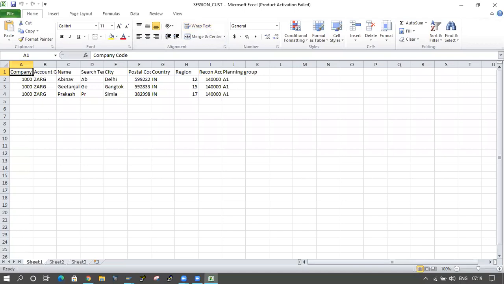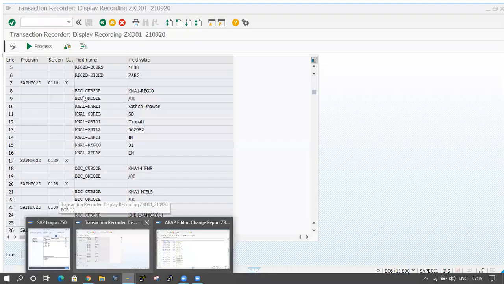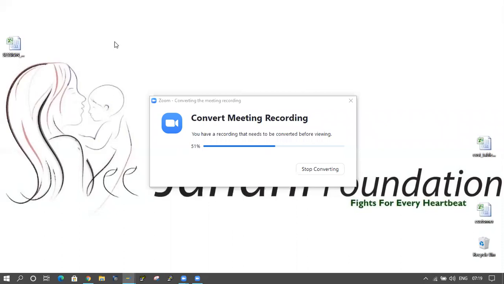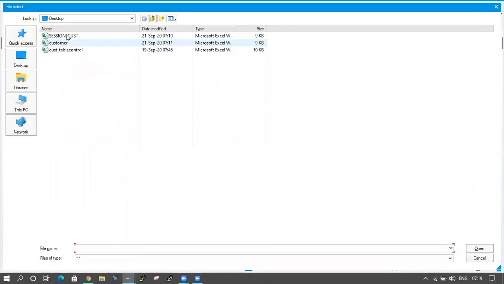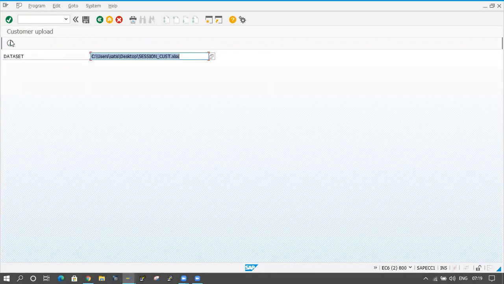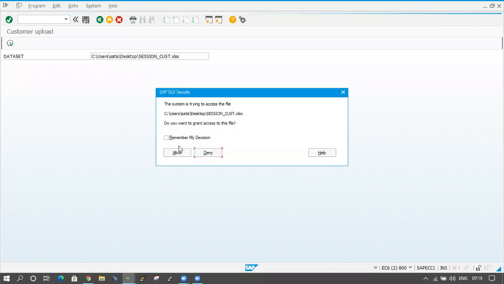Click on close button. One more time, I am trying to execute the program. Click on F8. Click on allow.